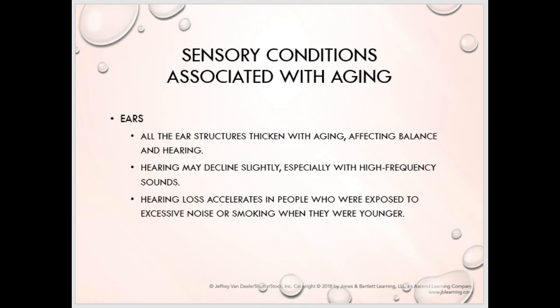Ears will thicken with aging, the actual structure of it. But the other thing that can happen with aging is that hearing may decline slightly. If you remember, we talked briefly about the organ of Corti in the cochlea, which has the hair cells that get stimulated. They're little hair-like structures, I shouldn't say hair cells, that respond to different frequency noises. Those little hair-like structures in the ear can get damaged and or destroyed with age,